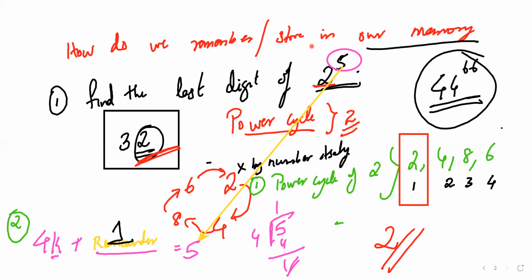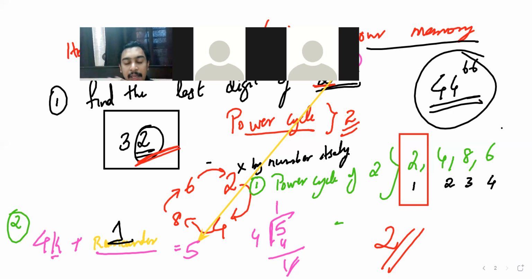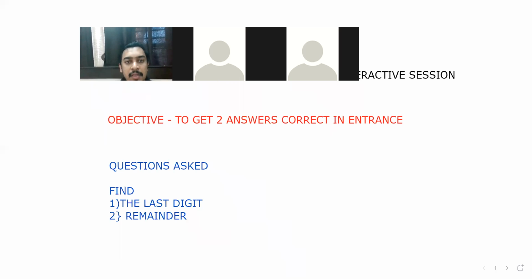And coming to your doubts, kindly don't have any doubts as of now. Don't think too much. Now do not think anything because you are learning for the first time. And here we are not going to do a PhD or research on any topic. Our agenda is very simple. What is our agenda? To get the 2 answers correct in the entrance examination. We are not going to do a research. Whatever I'm going to discuss, well below that level only will come in the entrance examination, which means you will be able to do any questions.